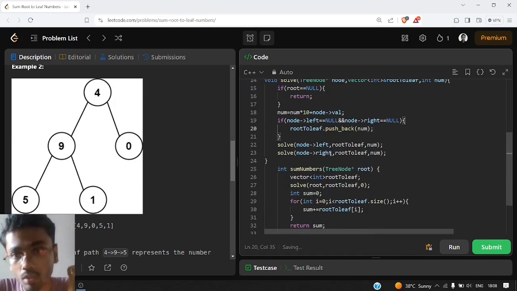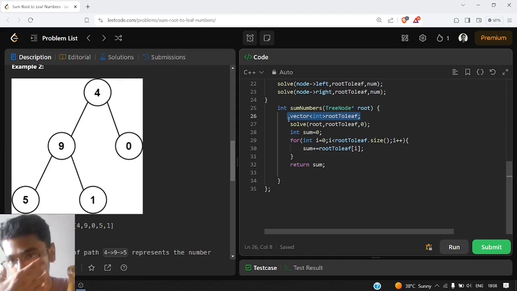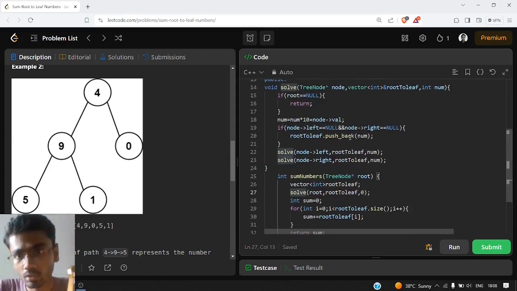Again, let's see what we are doing: we are storing all the root to leaf numbers in this vector called root to leaf, and we are calling a recursive function solve, which will give us all the root to leaf numbers. Now how will we find root to leaf numbers? We keep on generating a number until we reach a leaf node.